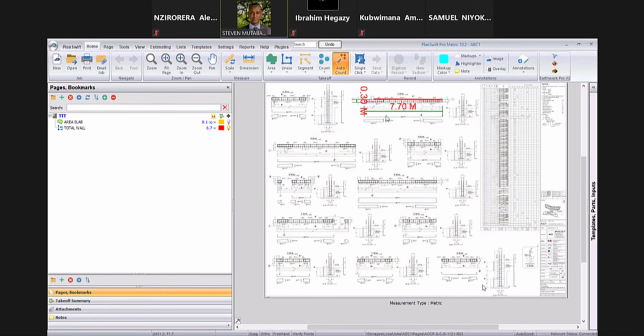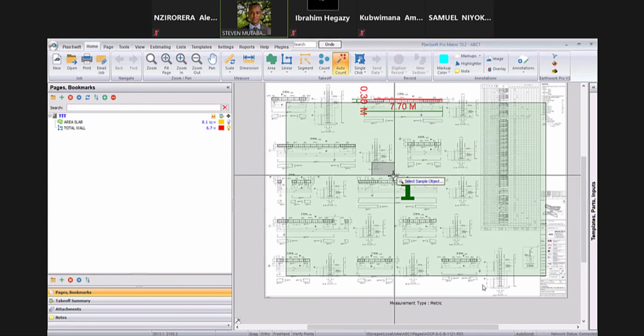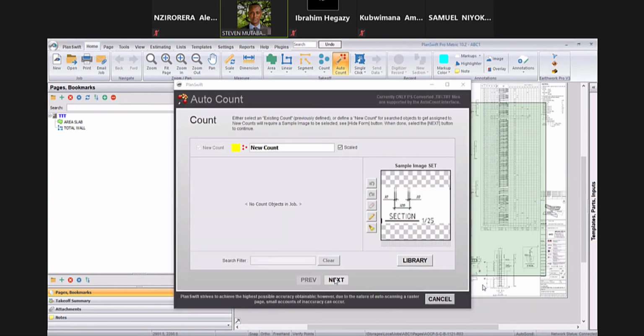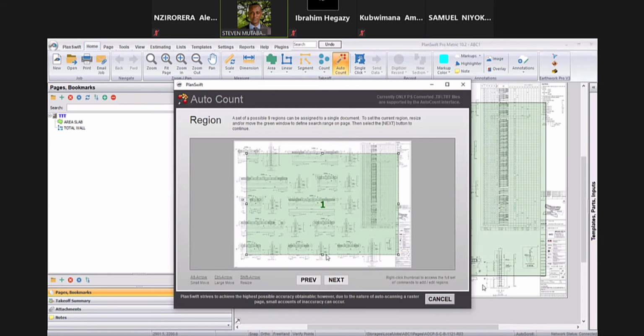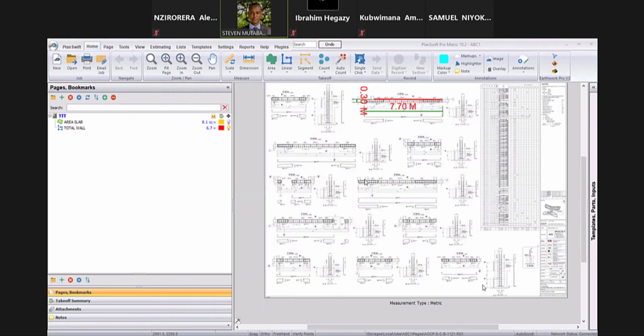But if you come here, this auto count gives you an option to select a sample where you pick a sample from the drawing. Maybe the sample might be somewhere, and then you go to the next. If you go to the next, it tells you where you want to pick this sample from. Maybe the sample is taken from this area I would wish that sample to be taken. So when you do next, it starts searching for the sample you fed into the auto count, and it gives you the information you're looking for. Since maybe this is not a perfect